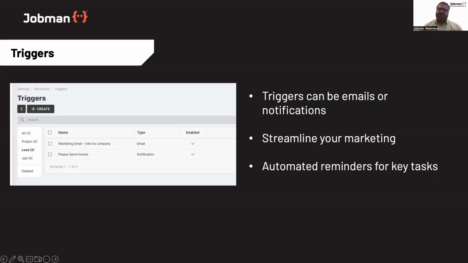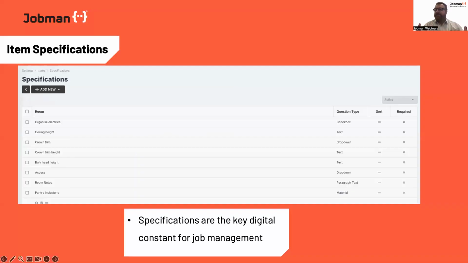And I think this is a really good use of this webinar space, is to start bringing all these features together for you so you can really get the best out of your software. The last part to that, of course, is item specifications. And this is one of those areas which I've seen either highly underutilized or overutilized in our platform, depending on the client. So I definitely wanted to cover a little bit of the use case around specifications today,